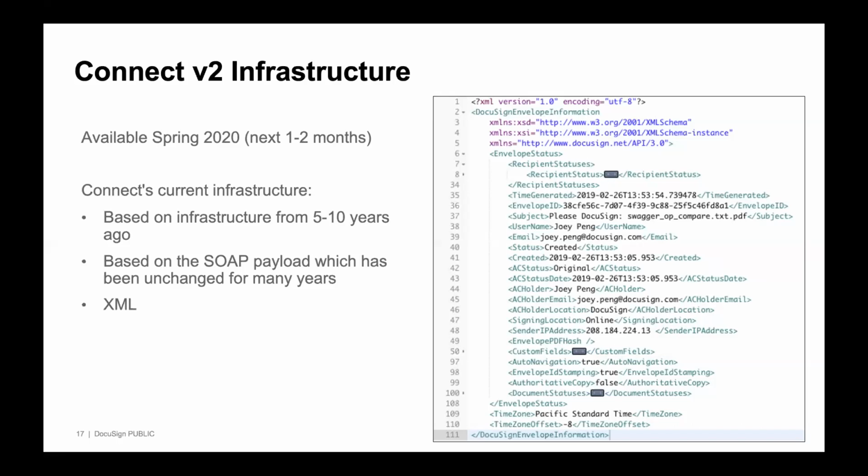Now, if you're choosing to use Connect just purely for the event notification, and then your system handles it from there on, whether within your own system or by calling DocuSign's APIs, it's totally fine. Right, the updated content doesn't matter as much to you, but if you are looking to get the payload returning data that is accurate, then depending on what features you use in DocuSign, this could be a little out of date.